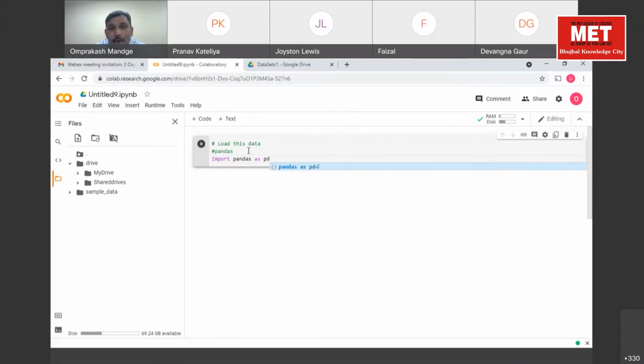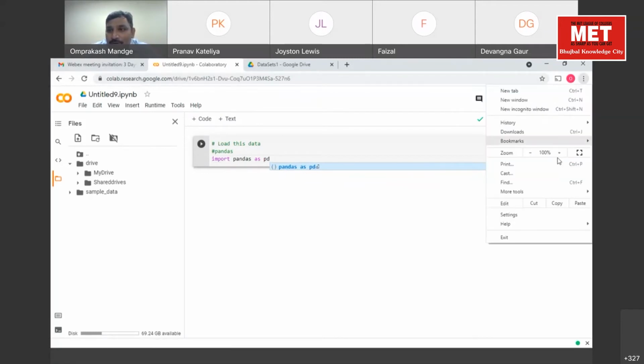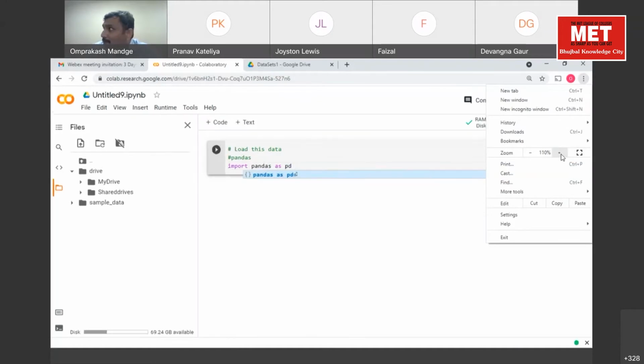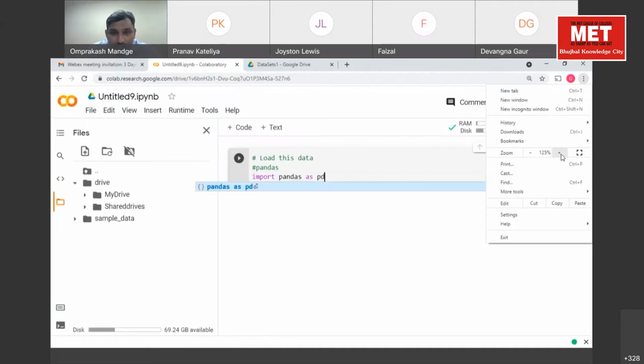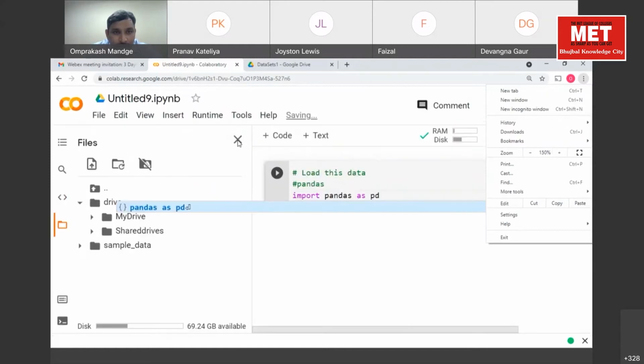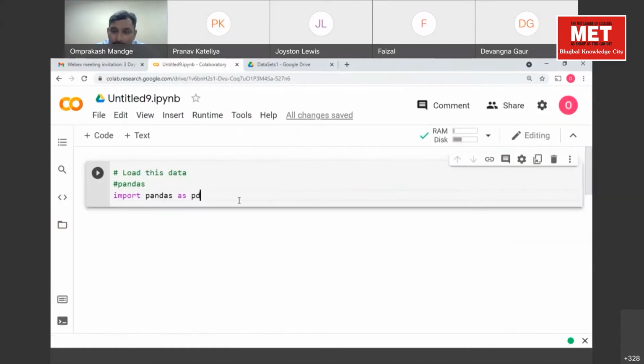This Pandas library provides a set of functions, and we want to use these particular functions. I'm just increasing the font size. Is it visible? Is this okay?